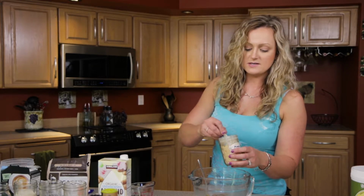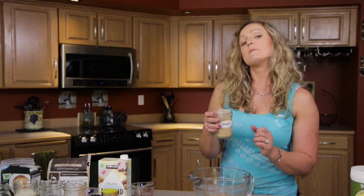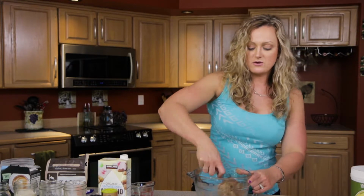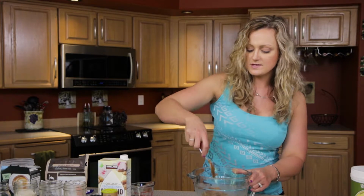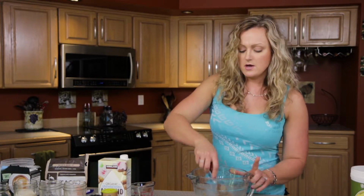Now, maca is an amazing South American root. It is great for boosting your energy. It actually increases testosterone levels, and it boosts your libido. So maca powder is great for focus, energy, stamina, and it helps a lot with giving you that extra energy boost without the crash as well. So that's a really good one. The only thing you don't want to do is take it when you're pregnant,